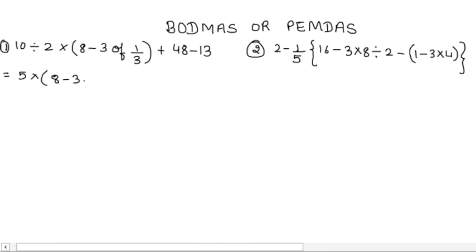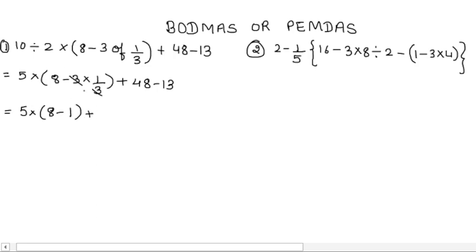Of is written as into 1 by 3, plus 48 minus 13. 5 times, this 3 and this 3 get cancelled, and I have 8 minus this 1 that is left, 1